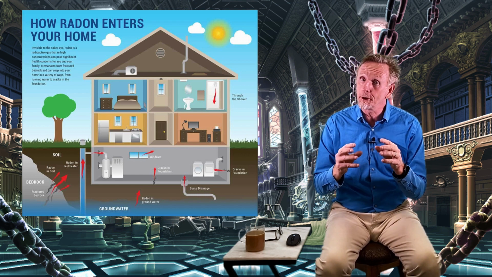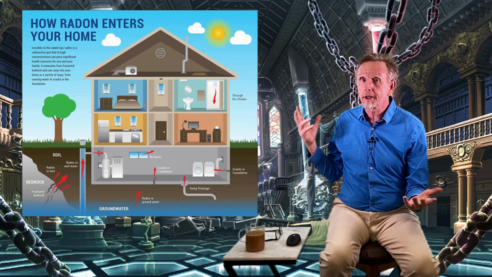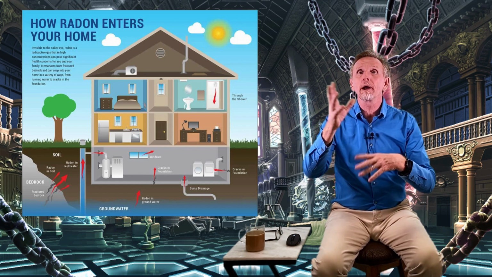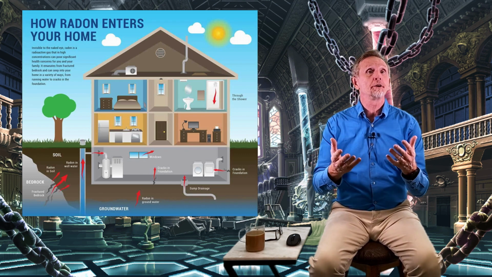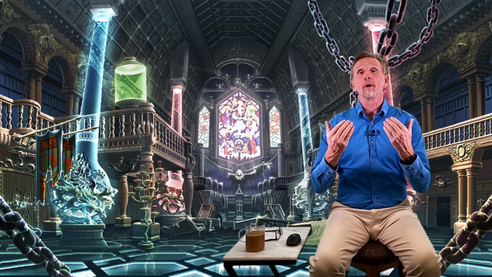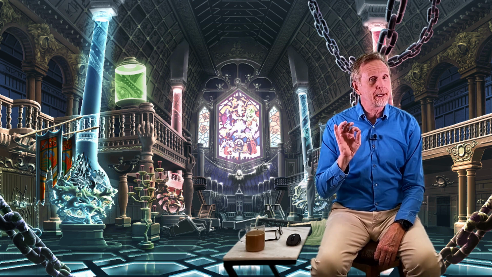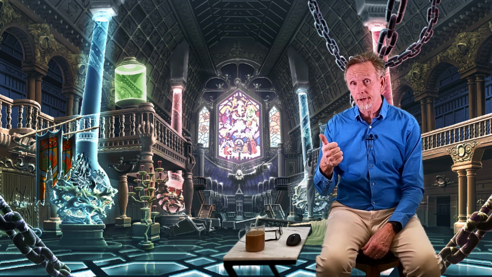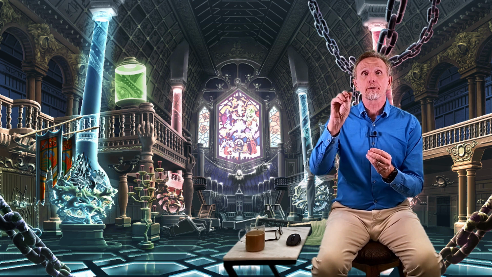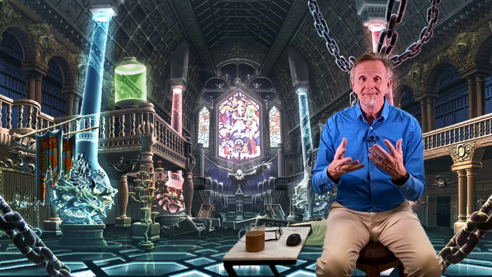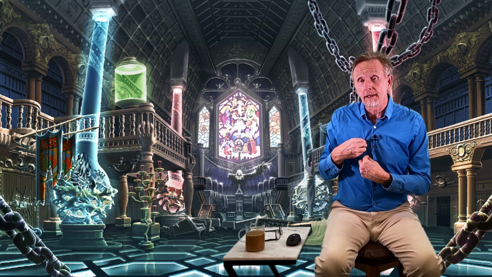Well, now that it's leaking into your house or into your classroom or into your office building, it's not getting ventilated out, right? There's no cross breeze blowing it away and stirring it up with all the other atmospheric gases, and it keeps getting concentrated and you're breathing it in. Breathing in this radioactive gas leads to cancer. Once again, anything radioactive can be a cancer-causing agent, can be either a carcinogen or a mutagen. And that's what happens. A lot of times also the radon gas will land on a piece of dust or other particle, and you breathe that particle in, and then you're breathing in the radon gas, and it's a particle that's lodged in your lung now.